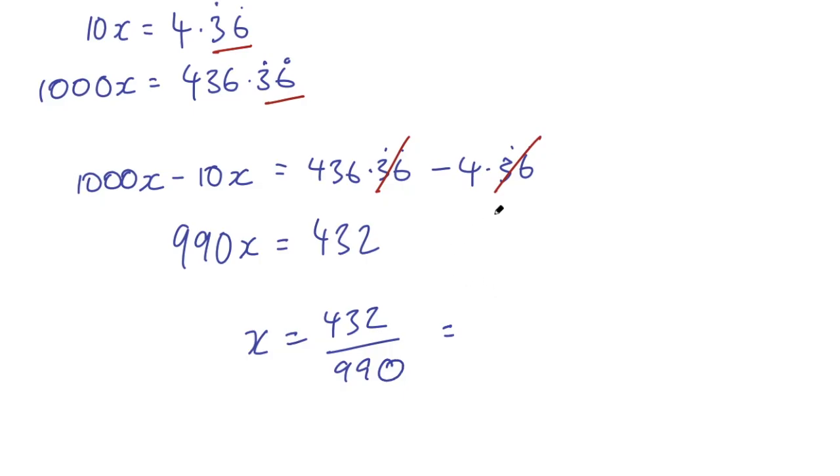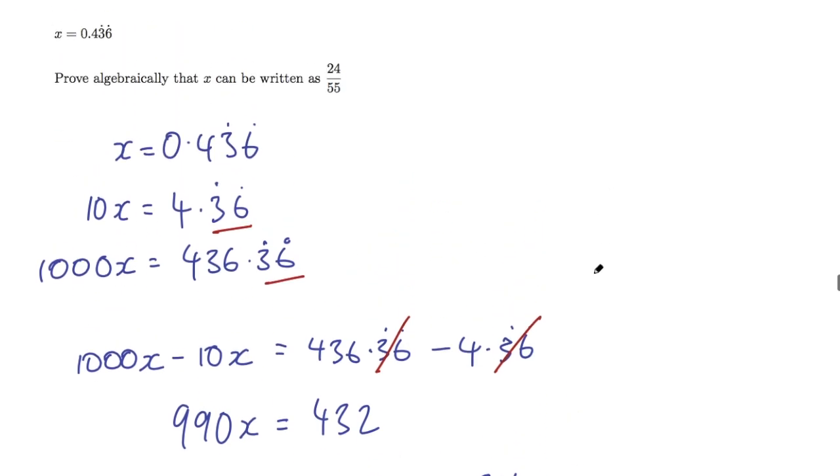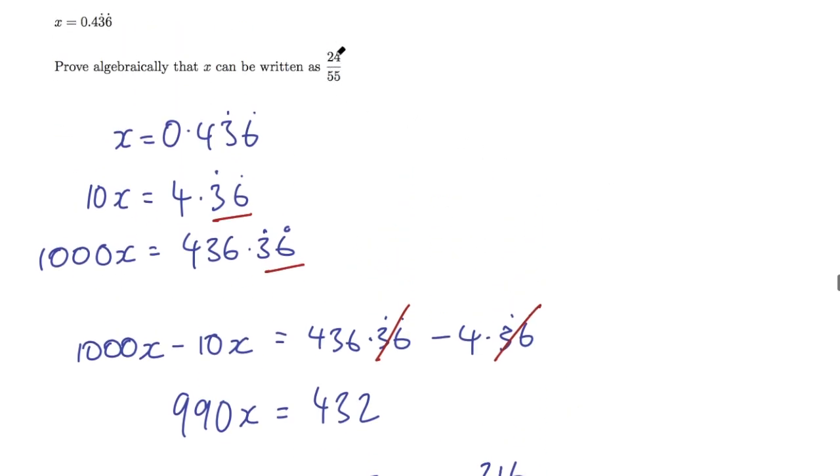And well, one way to do that is divide by 2. So if we divide both by 2, we get 216 over 495. And then if you're a whiz at your calculating, you could figure out what the common factor is between these two numbers, or you could cheat a little bit and look at the first